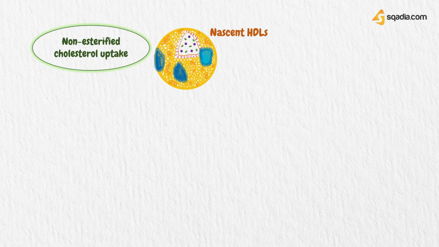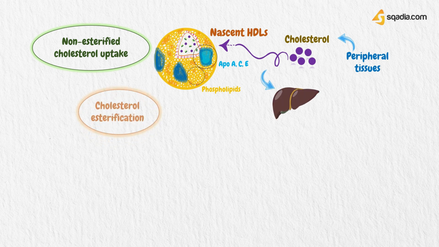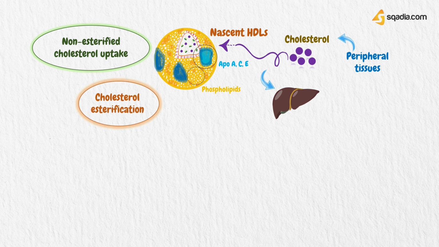Next, non-esterified cholesterol uptake. As we know already, nascent HDL are disc-shaped particles containing primarily phospholipid and ApoA, C, and E. They take up cholesterol from non-hepatic, peripheral tissues and return it to the liver as cholesterol esters. Next is cholesterol esterification. The cholesterol taken up by HDL is immediately esterified by the plasma enzyme lecithin cholesterol acyltransferase,